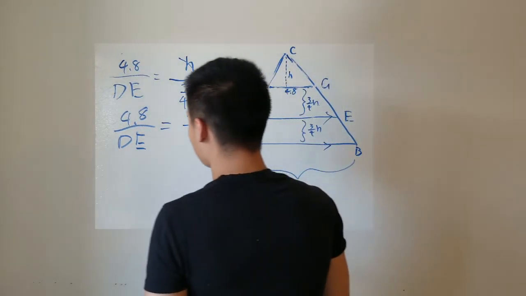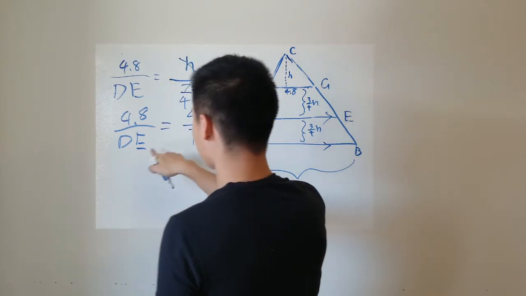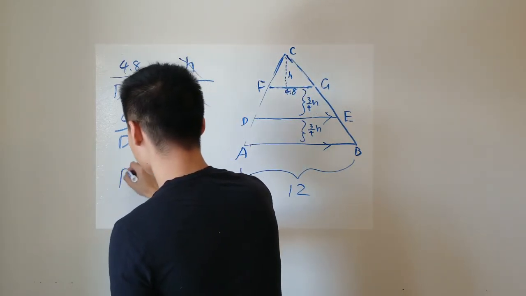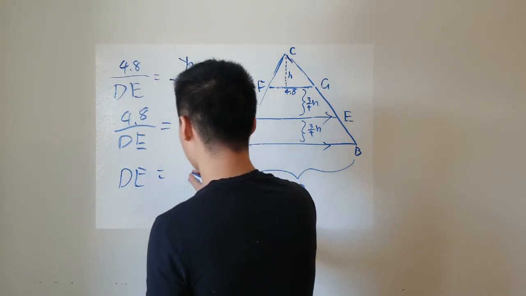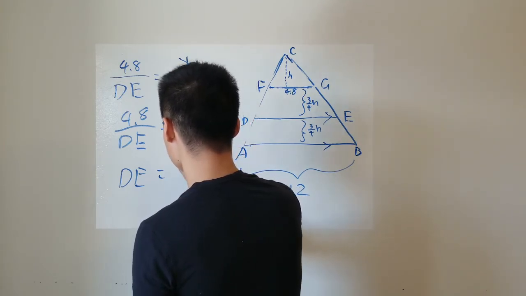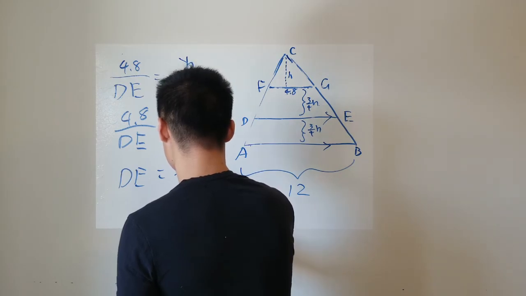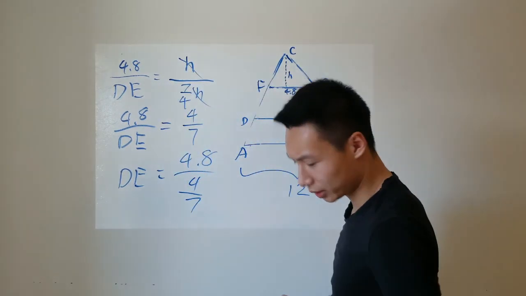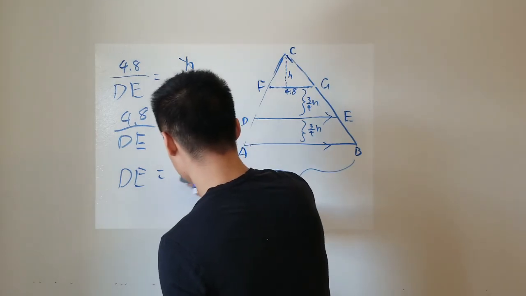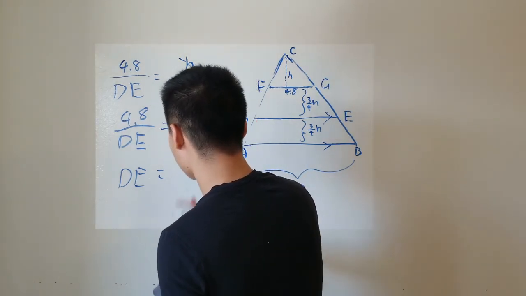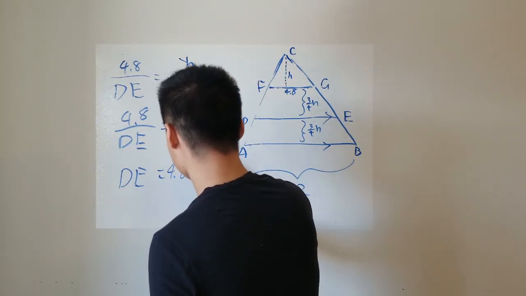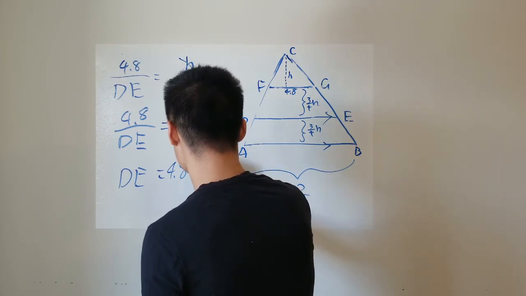So now the last step is just to simply solve for DE. Your DE will have to be 4.8 over 4/7, right? Or in other words, you can rewrite this if this is really unfriendly, right? You can multiply by its reciprocal, which is 4.8 times 7/4,